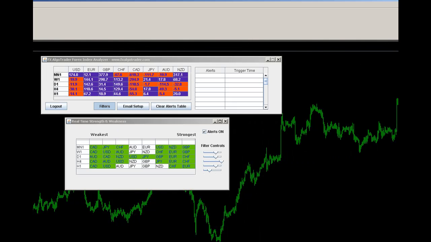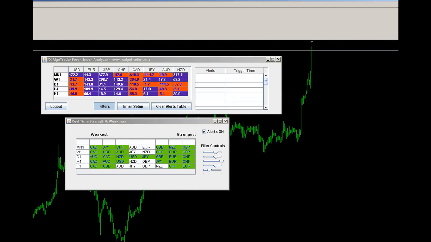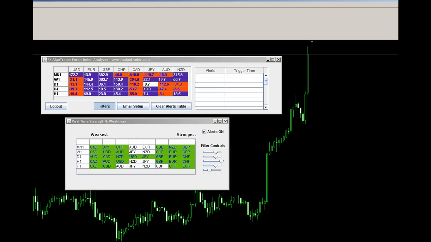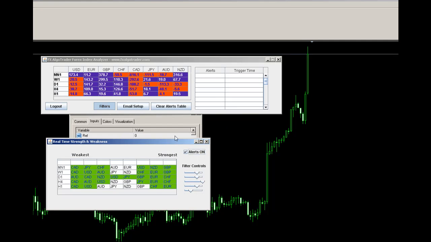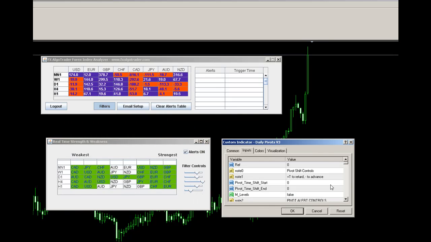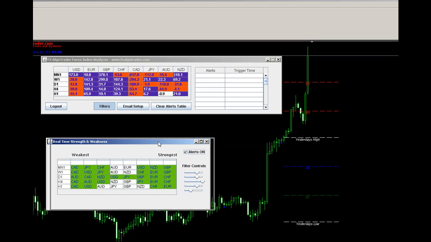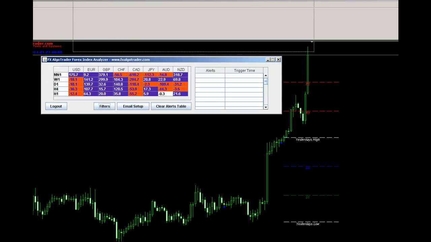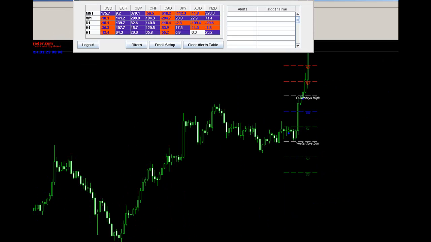So we've got Euro CAD here on the hourly basis. Just zoom in a little bit. I'm just going to apply some daily pivots over the top of this chart. So again, pretty strong rally here. The temptation would be to, let's just close or move the analyzer up here a little bit. Looking at the higher time frames,